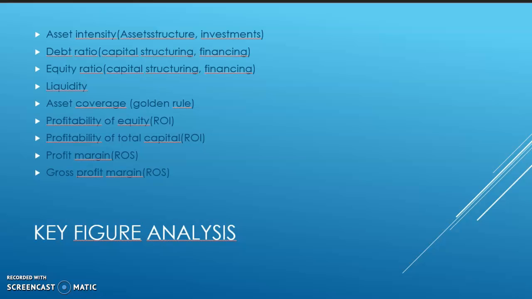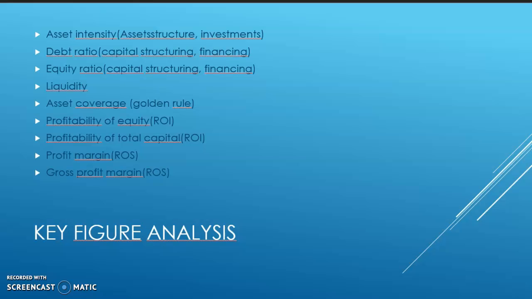It shows that your long-term investments must be financed. That's what it basically says. The golden rule is basically that you need a minimum ratio of 100%. And the next one is